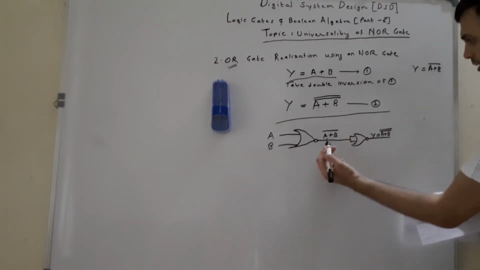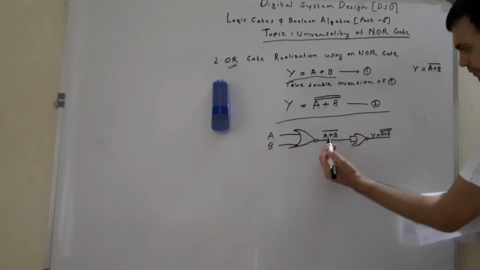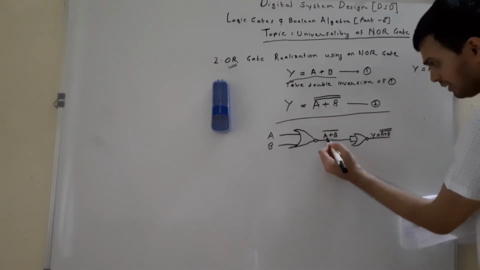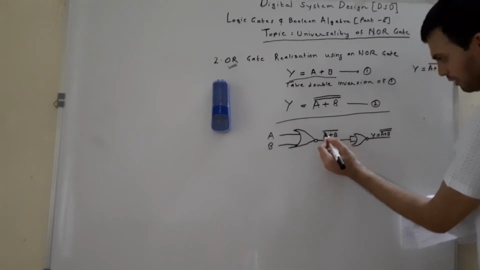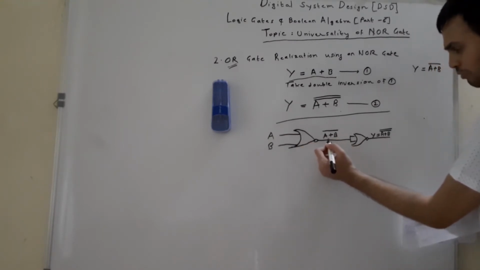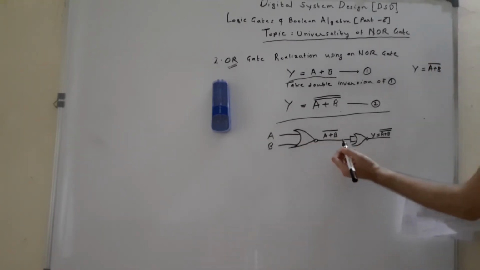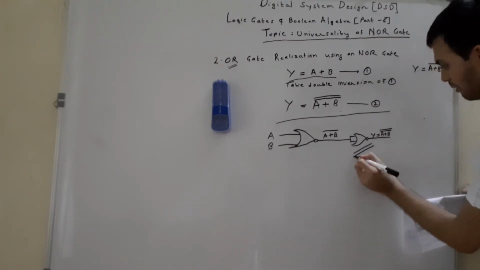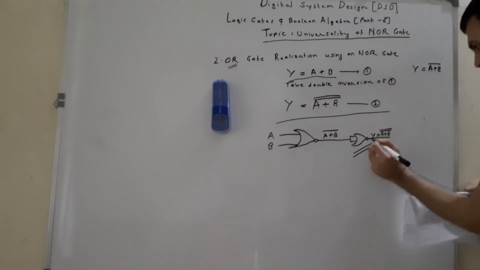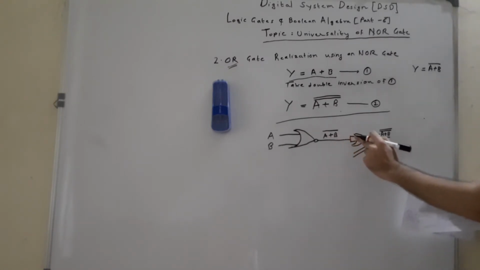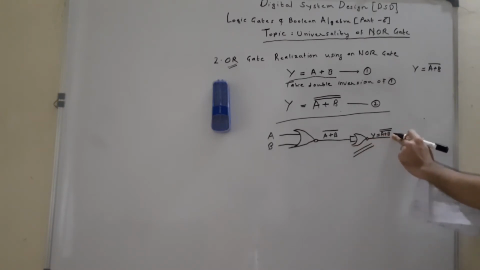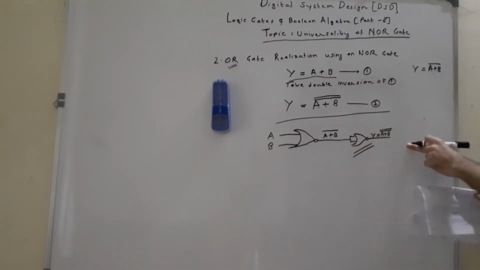At the first step we have the first complement. When we realize this equation number 2, I have drawn this: (A plus B) the whole complement, because I have passed it through a single two input NOR gate, after which I have connected in series a NOT gate which I have realized using NOR gates. So this (A plus B) whole complement, after the inverter or NOT gate, becomes (A plus B) double complement. So this is how you realize OR gate using NOR gate.